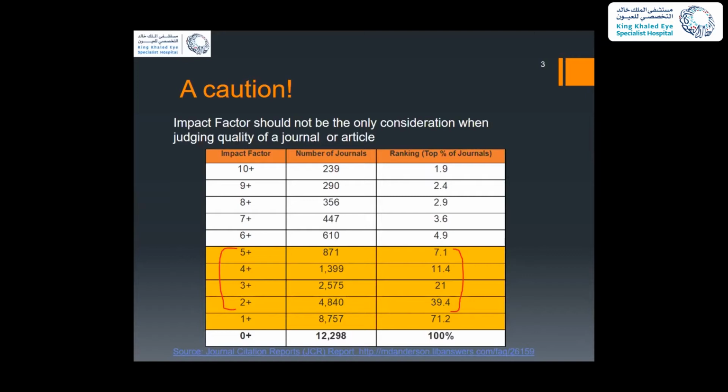I would be recommending the use of a median impact factor, because that's more stable, and it will not be subject to a lot of variation because of one or two articles. So we are actually targeting these red lines, impact factor from 2 to 5, and only 7% of the world journals are 5 plus. Around 20% are 3 plus. So as you go up, the proportion decreases.